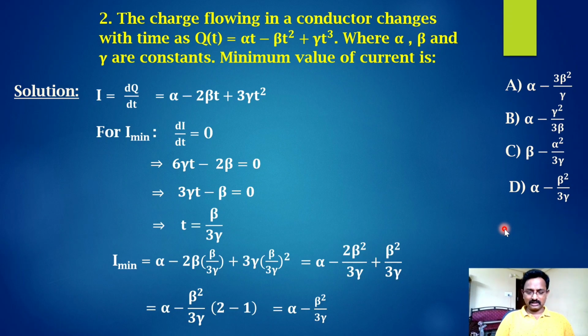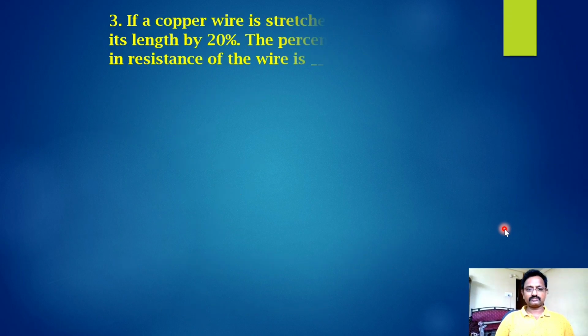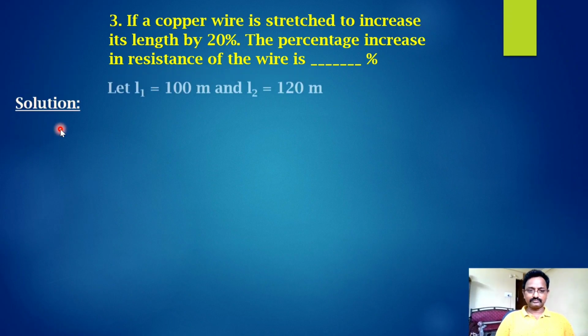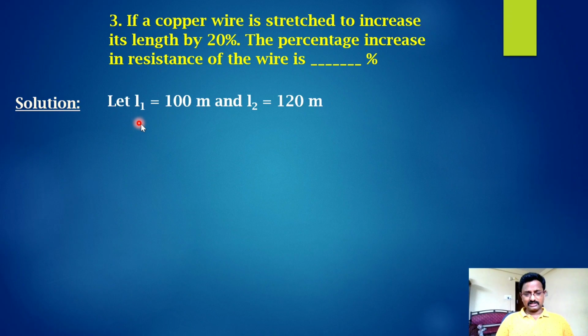Now we will go with the third question. If a copper wire is stretched to increase its length by 20%, the percentage increase in resistance of the wire is dash percentage. Solution. See, I will consider that L1 is equal to 100 meter. So length increased by 20%, so L2 will be 100 plus 20, that is 120 meter. In stretched case,